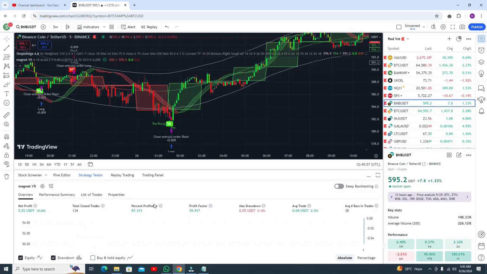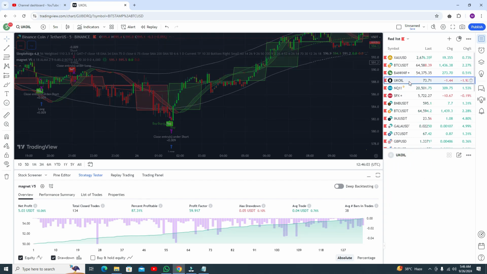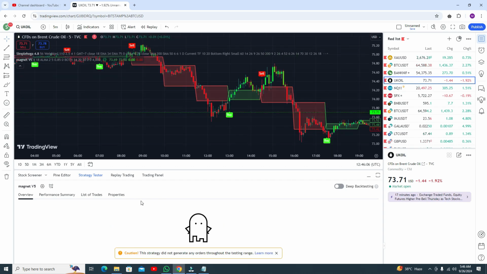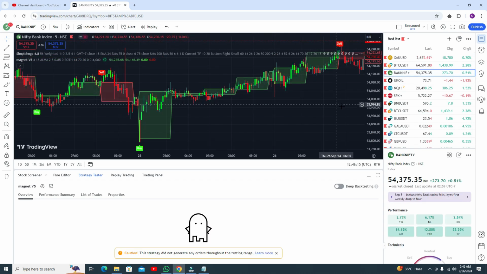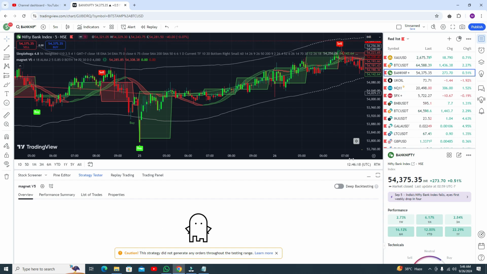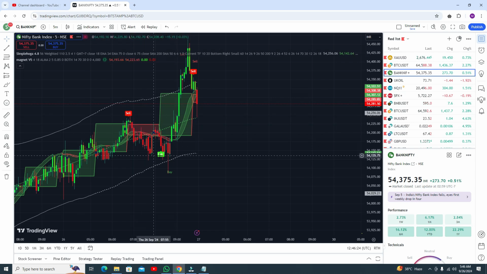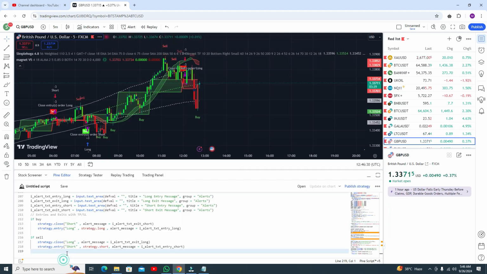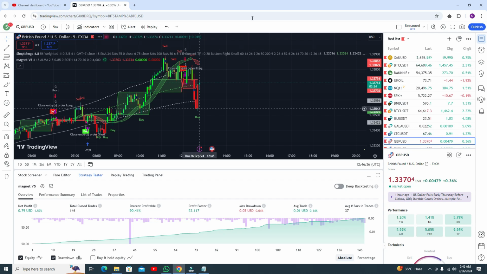If you go to the strategy tester, in each pair you will get an accuracy of around 87%, 80%. Like in UK oil, you are getting accuracy of nothing, it's not working. But this indicator is working fine. And in the Bank Nifty, this result is not showing here, but the indicator is working fine. You can see the results. So in the GBP USD, let me show you the strategy tester, and you are getting around 90% accuracy from this single indicator, Magnet V5.